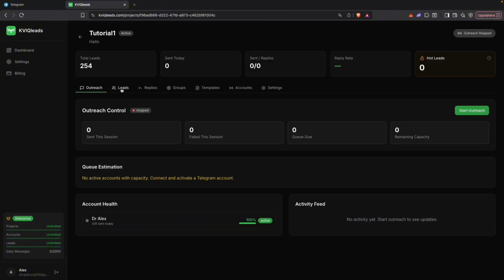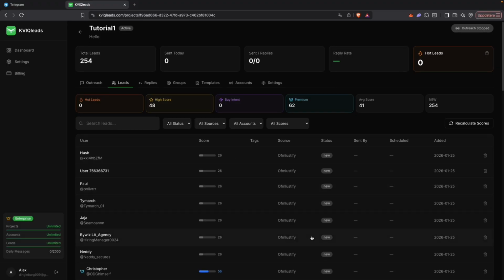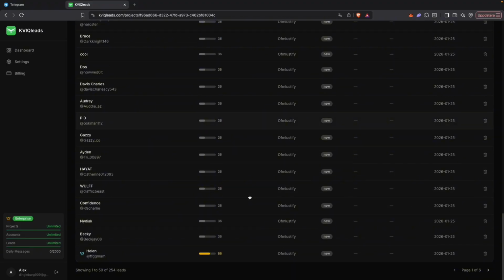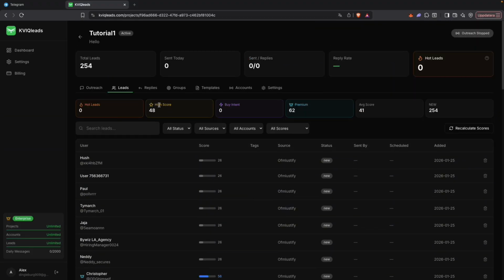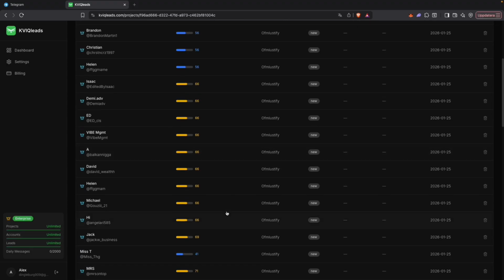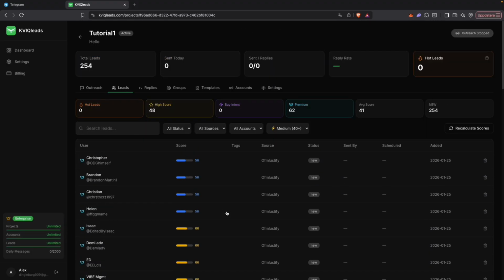Now, if we head over to leads here, we're now going to see that the leads are already being ranked based on what they're typing, and the bot is actively looking at all the leads in here. So we're just going to sort them based on how good they are. So we're going to hit high score, we're going to hit 40 plus. So these are right now our best leads as of now. So these people are most likely a valid customer. You can see we already have 250 leads found, so it's quite fast at finding them,